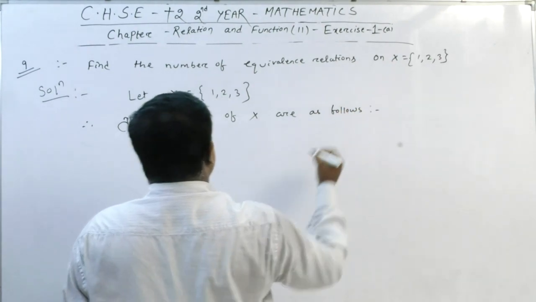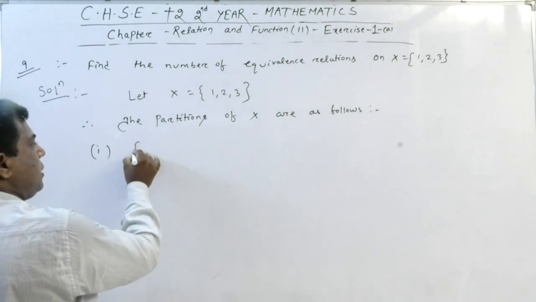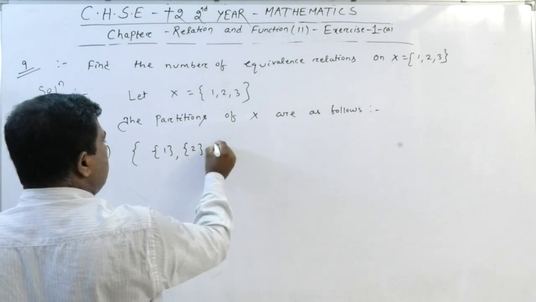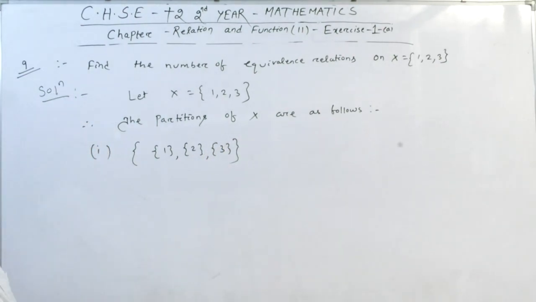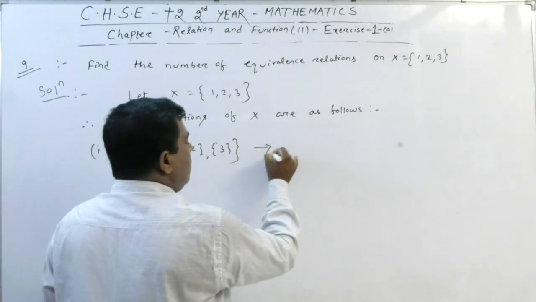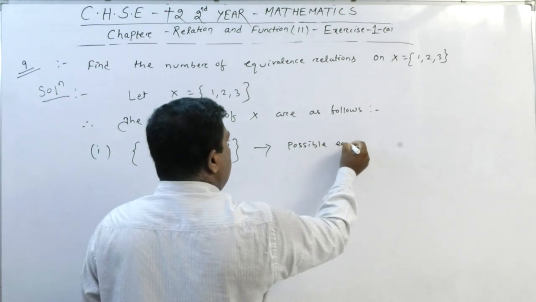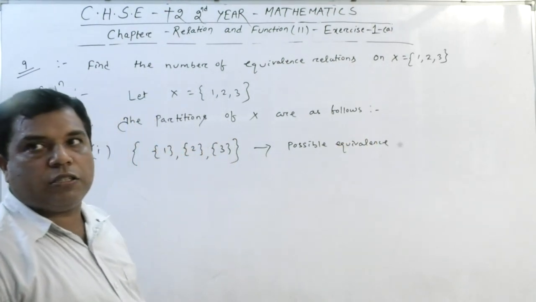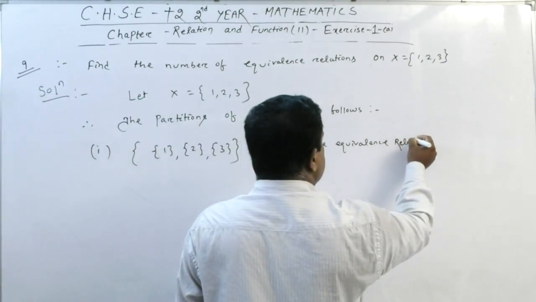So what is a partition? Partition is the collection of subsets. Okay, so we can make one partition, and from each partition we can get an equivalence relation also. So the possible equivalence relation is